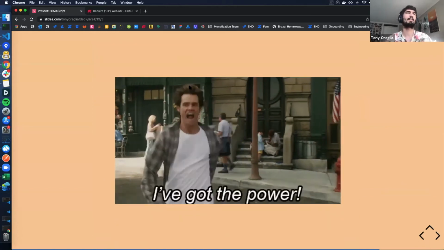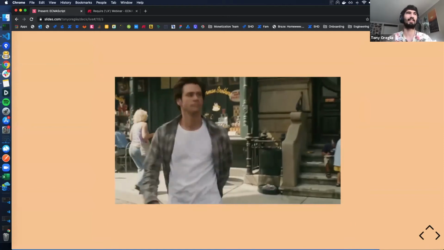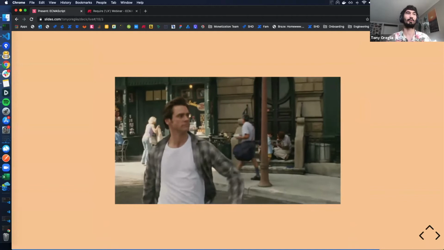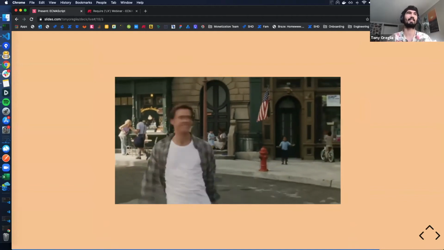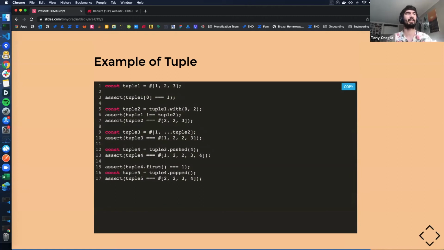Yeah, this was my reaction because sometimes with JavaScript, you have the feeling that in some cases you really have the power to do anything, and sometimes that's not a good thing. So this allows you to restrict that power a little bit, which can actually be more powerful in the broader sense.